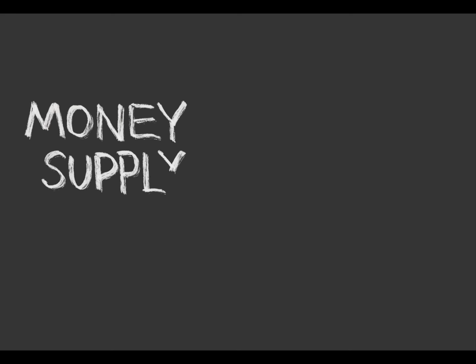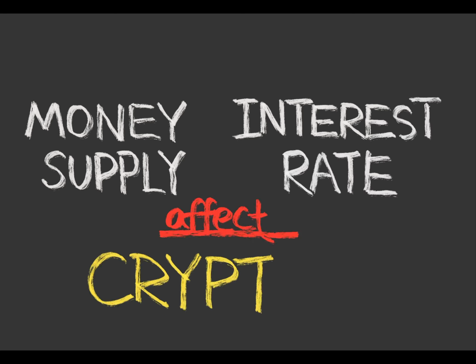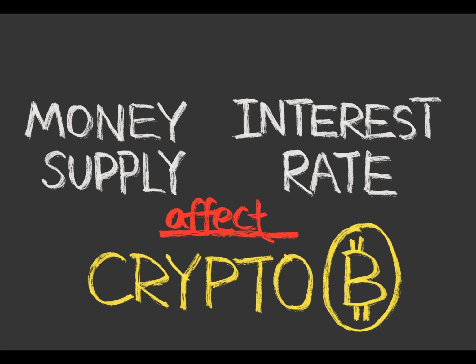Hey everyone, today I'm going to break down how Bitcoin is influenced by interest rates and money supply from an economic perspective. We will see how central bank moves, like raising or lowering interest rates, and how changes in the money supply can affect Bitcoin prices. The goal is to explain these concepts clearly with simple visuals. By the end, you'll understand how monetary tightening or loosening, inflation concerns, and Bitcoin's 21 million supply cap all play into whether Bitcoin behaves like a speculative asset or a stored value.